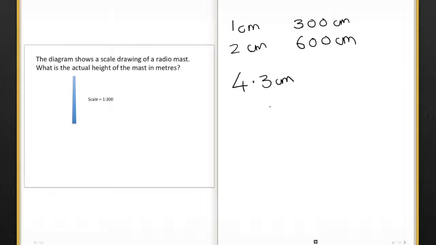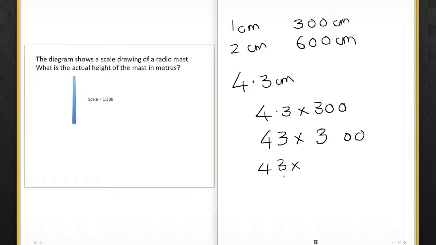So 4.3 times 300. When we're timesing, we can ignore the decimal point. So that becomes 43 times 300. So I'm going to do the 43 times 3 first and then times by 100 by adding 2 zeros. So 43 times 3. 3 times 3 is 9. 3 times 4 is 12. And then I'm going to add the 2 zeros, so times that by 100 gives me